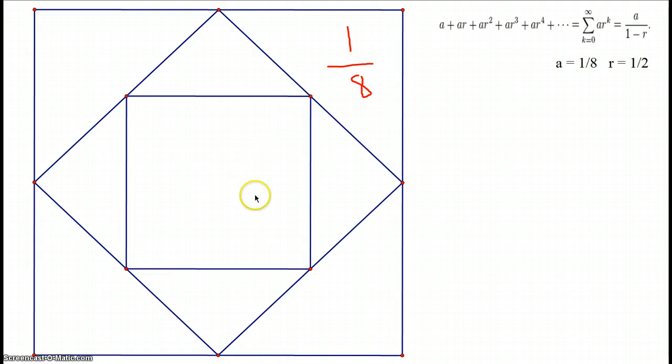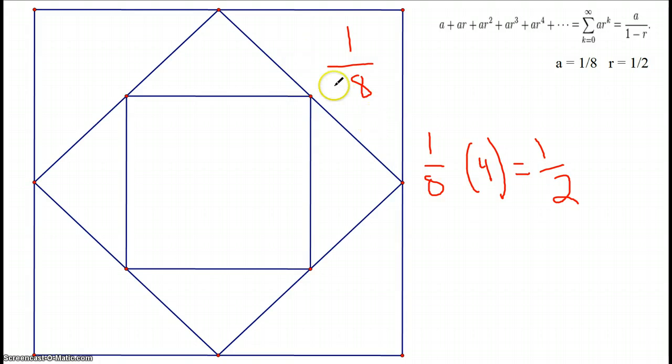But what is the area of this inner square? Well, it's simply 1/2. If we go back and remember that this is 1/8, this is 1/8, this is 1/8, this is 1/8, then 1/8 times 4 equals 1/2. So if these 4 triangles make up 1/2, then this inner square must be the other 1/2. So then each one of these is 1/8 of that 1/2,